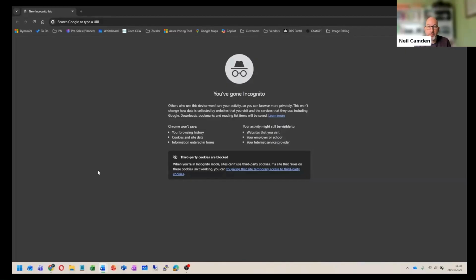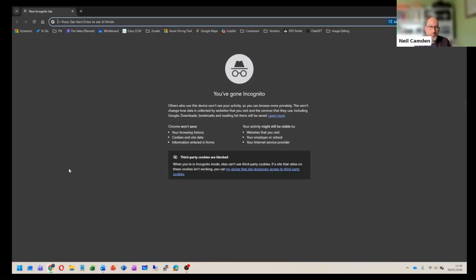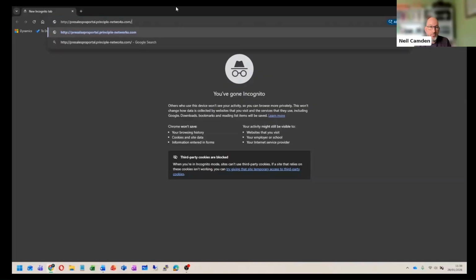But what if you need to give access to third parties or users with BYOD devices who don't have the Zscaler client on their machine and you can't enforce them having it? Well, the PRA portal is exactly for that. It's a web portal that's hosted within the Zscaler infrastructure and allows users to access SSH, RDP, VNC connections via that browser, but securely and after authentication and authorization through the Zscaler platform, without the need for a dedicated VPN client. To show you how this works, we've got a pre-sales PRA portal at principalnetworks.com,